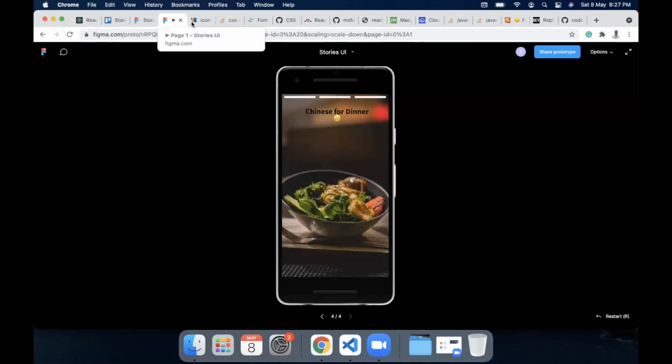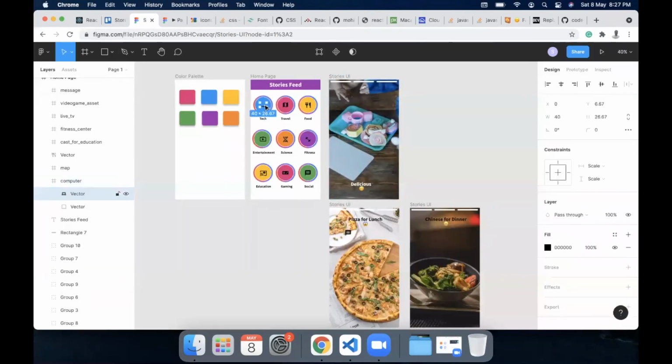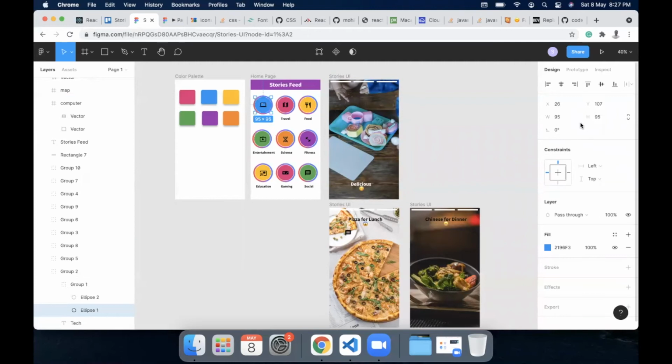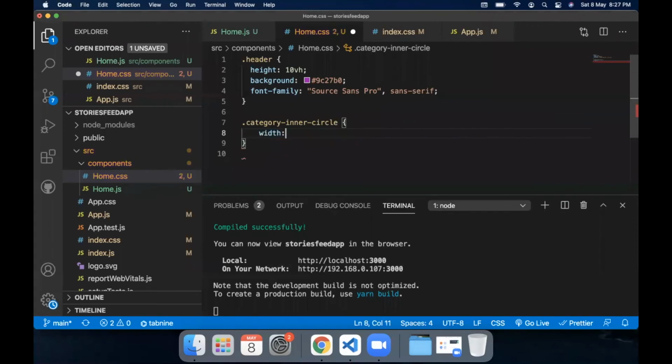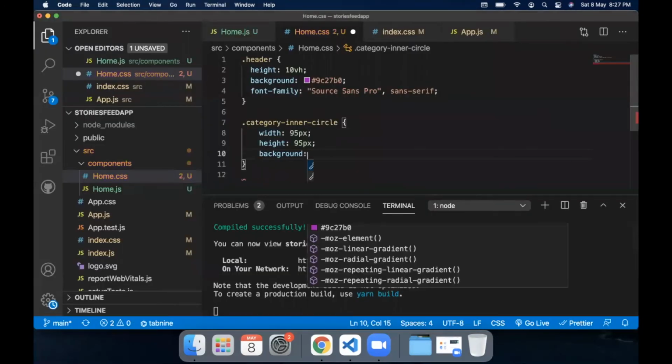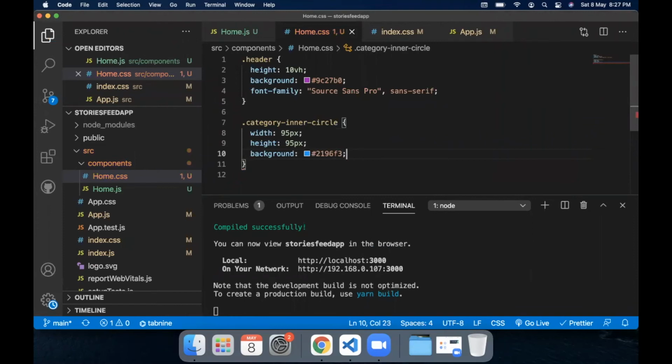If we come back to Figma design and click on this inner circle here, we will get the background color which we can use. Then for width and height, it is around 95 px. So we can assign our width of 95 pixels, height of 95 px, and background blue color. Hit save.